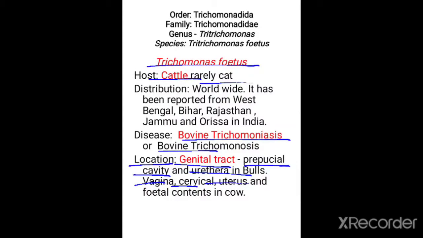The host for Trichomonas foetus is cattle, and it causes a disease called bovine trichomoniasis or bovine trichomonosis. The location for the Trichomonas is the genital tract, which includes the preputial cavity and urethra in bulls, and the vagina, cervix, uterus, and fetal contents